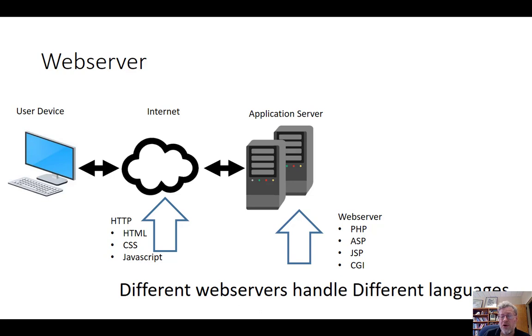Now, our web server, we can do all sorts of crazy things to generate web pages, but in most cases, different web servers know how to deal with different languages. Okay, we'll talk in a little more detail about this. Common languages to use on your web server, well, common may not be the right word. PHP is common, ASP is sort of common, JSP is out there, and then there's CGI. Now, these first three, what's interesting about them